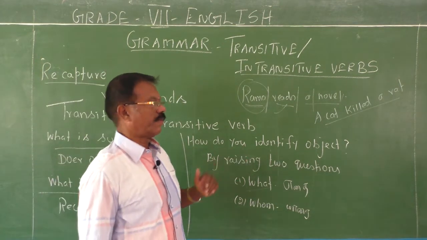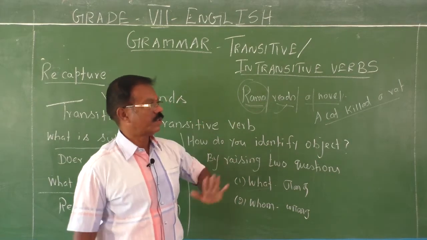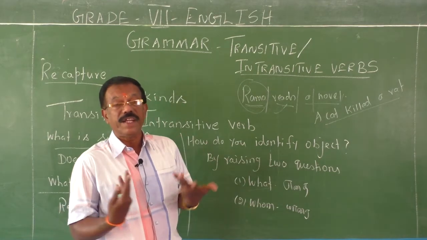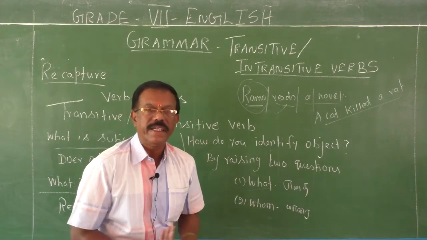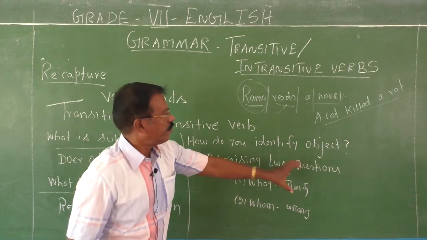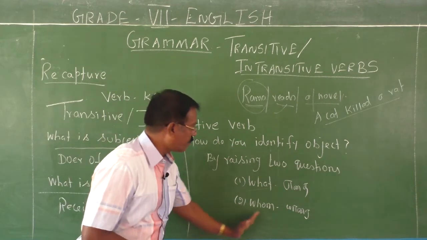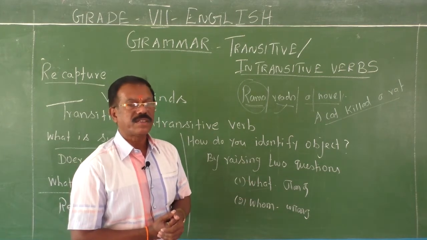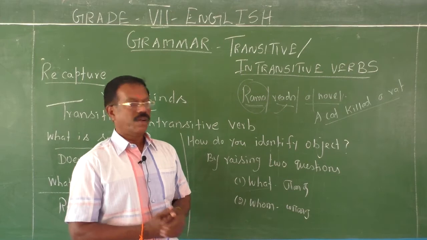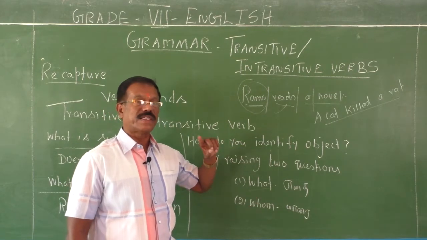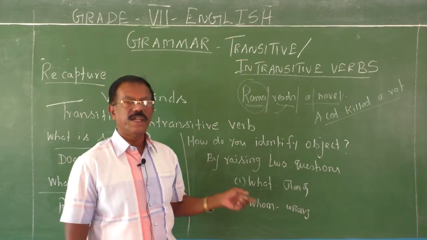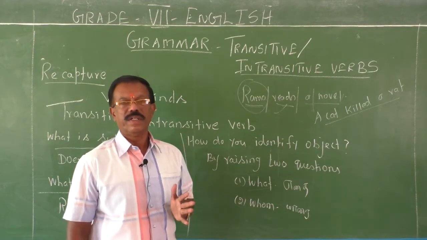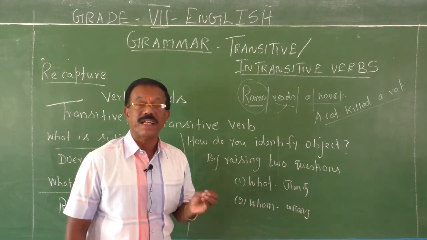You may have this problem. Sir, object you know this, so you taught us this is the object. Object is the receiver. Okay sir, how can we identify? You may have such doubts in your mind. Let me explain. To identify an object in a sentence, you can go for these two questions. You should raise these two questions. What and whom? What is used also to identify subject, that is different. But here what in your vernacular language it means yadai. And then whom? In your mother tongue, its meaning is yarai.